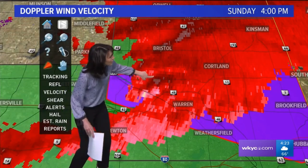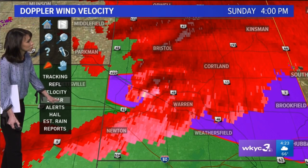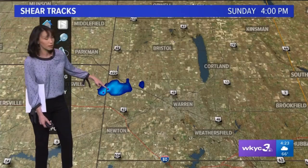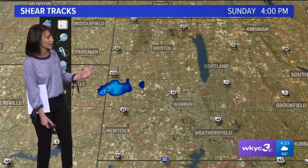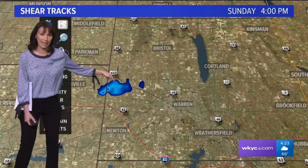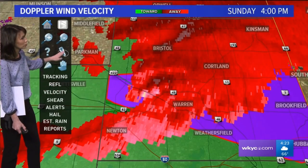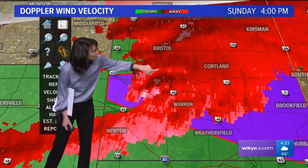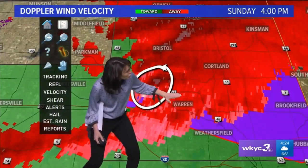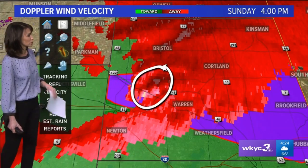You can see right here. This is it. And if we put on the shear here, let's see if we have any indications of shear showing up with the algorithms. And we do, definitely. So this is a positive sign that we have spin taking place, and it will continue to move to the east. Now, keep in mind, the math being done to make this happen is often lagging behind the actual radar data, which is why we show you this. But you can't help but see right here, this is that bit of rotation. And again, that's going to move just on the north end of Warren here in central and northern portions of